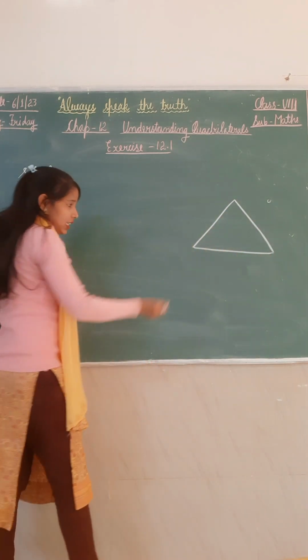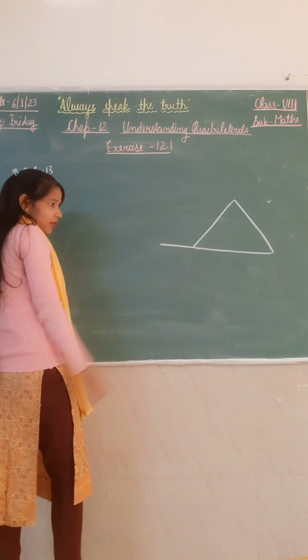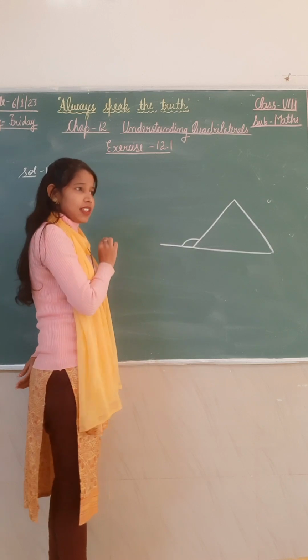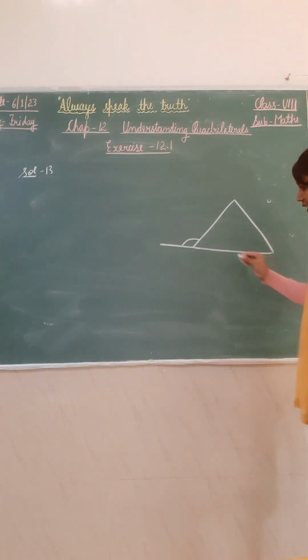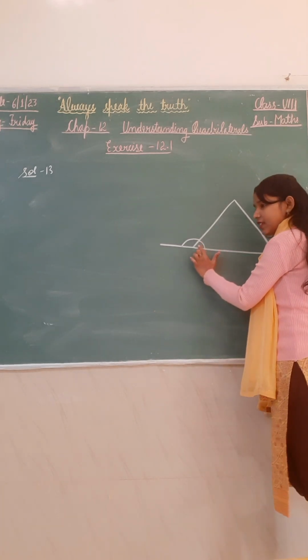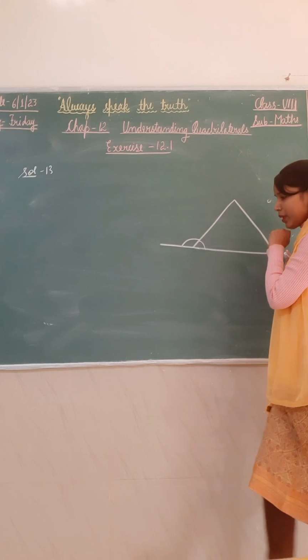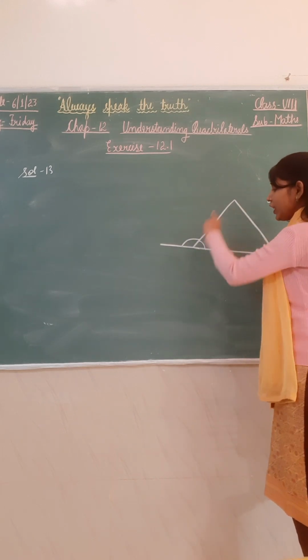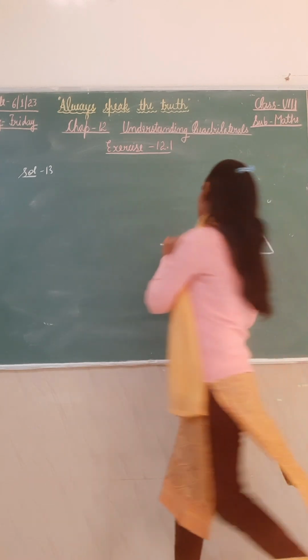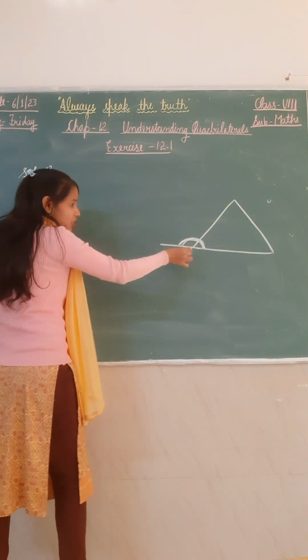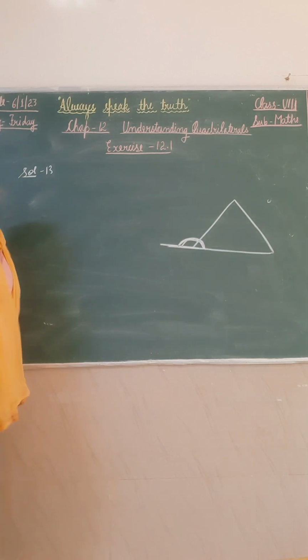Let's assume this is a triangle. Okay? This is a polygon. It has this as its exterior angle, right? And this one is its interior angle, right? Class, look here. This is the interior angle and this one is the exterior angle. So can you tell me what will be the sum of interior angle plus exterior angle? If we add both the angles, what will be its sum?